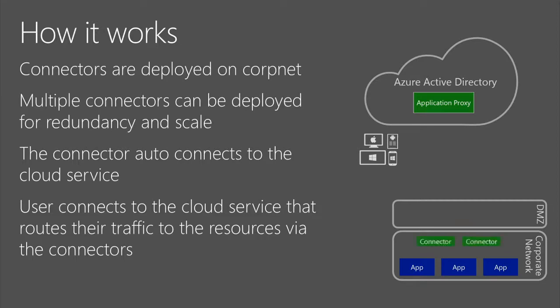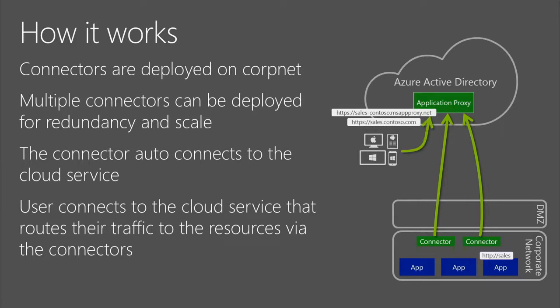You do this by downloading and installing a simple app on a number of computers. You can install that app on as many computers as you want. The app establishes a secure outbound SSL session against Azure Active Directory. And anytime the user wants to authenticate to an application, they go to Azure Active Directory, click on the icon, and get authenticated by Azure AD. If needed, they get a second factor or device conditions. I'll talk about that in a second. And then, only then, the proxy goes and retrieves the web page or the API information back to that user.